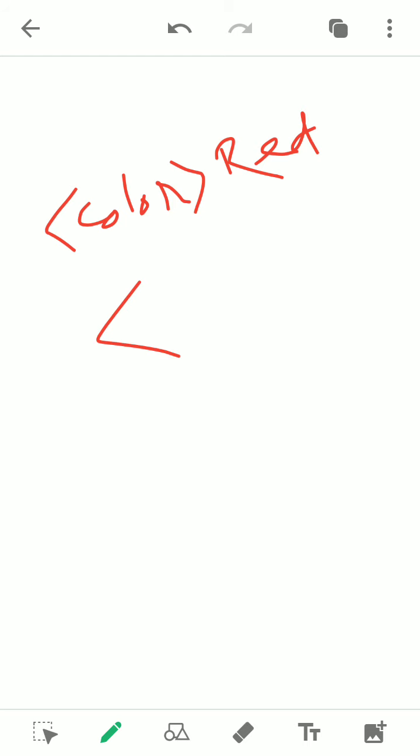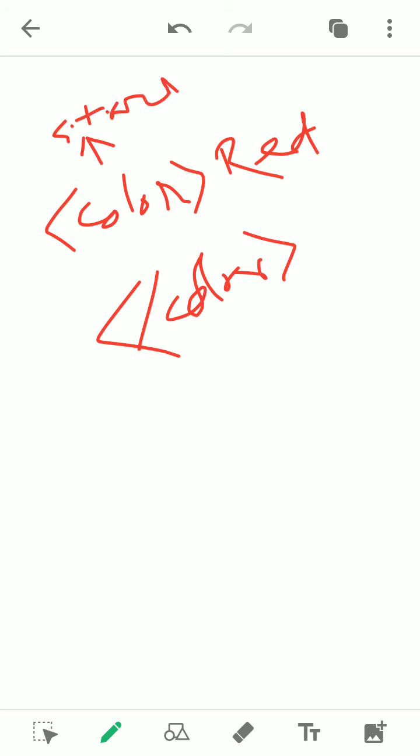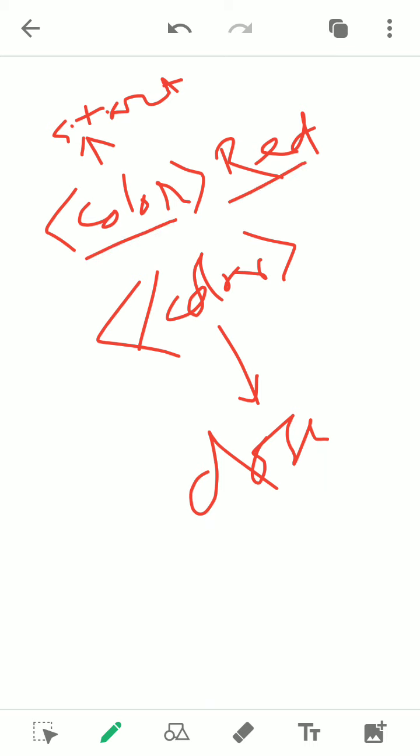Here, if I write, say, one tag is color, and the content is red, and accordingly you have closed the color tag. This one is the start tag, and this one is the closing tag, or close tag. But what is this part in between?